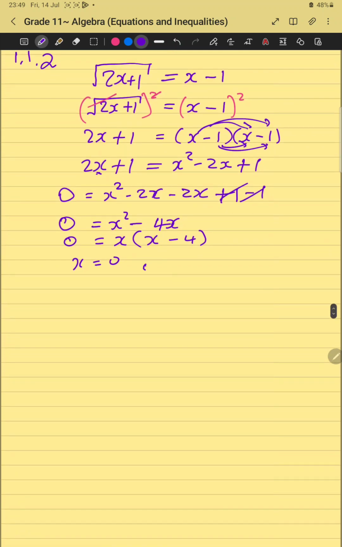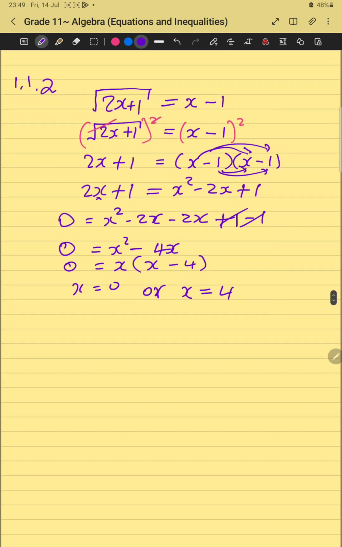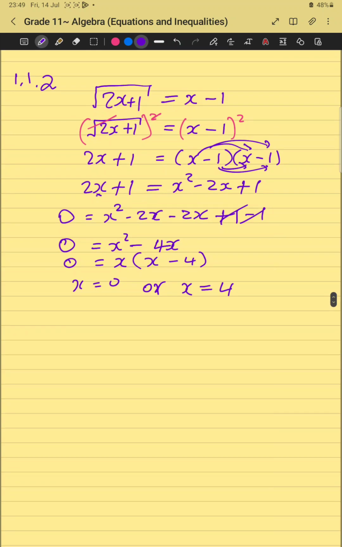X must be equal to 0, or x must be equal to 4. Okay, so from here we have to reject 1 between 0 and 4. So how are we going to reject? We have to